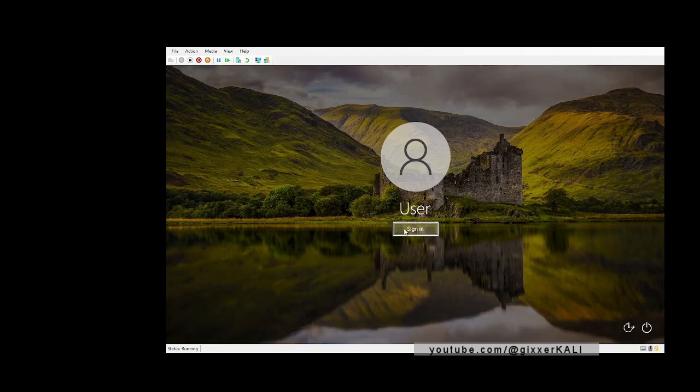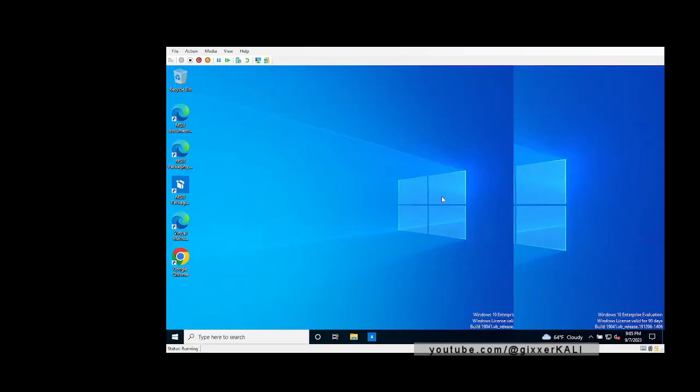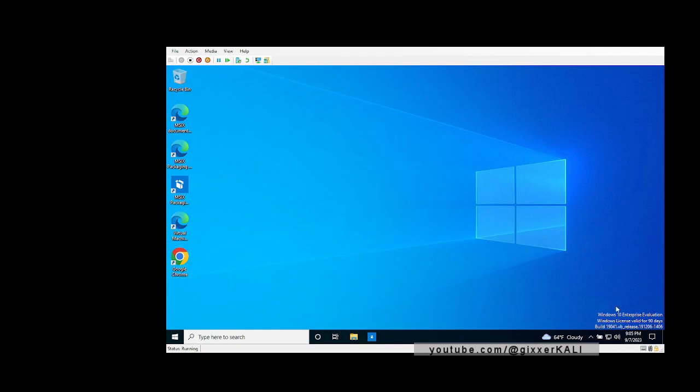At this point, we already have the VM, so I'm going to press sign in. There is no password on this VM because it is a demo VM here. So let's sign in real quick. As you see, it's an enterprise evaluation, etc. Anyways, now having said that,